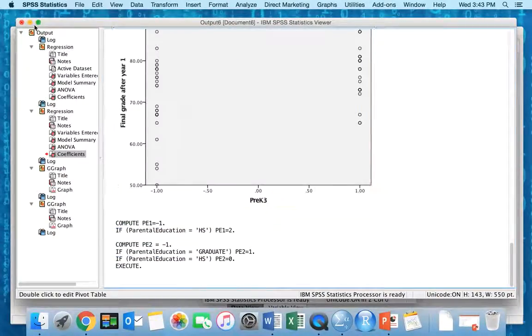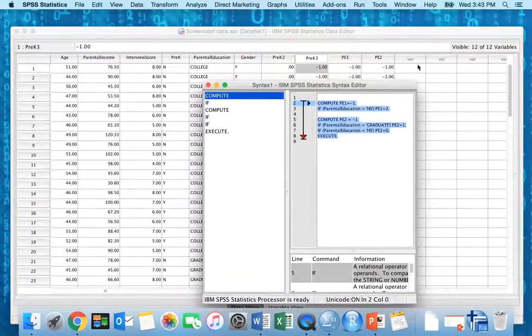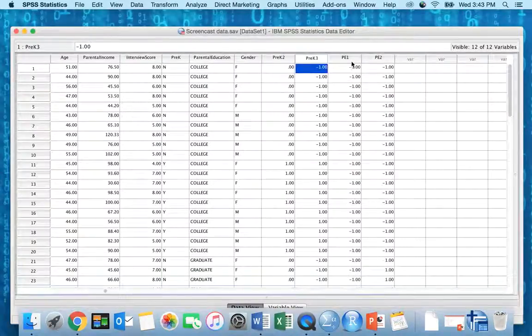Alright, so it looks like we don't have an error message. That's always great. And you can see here, I don't have to go run pending transformations because I put the execute sign there. Essentially, it told SPSS to go ahead and run that transformation right now when I added execute. All right,